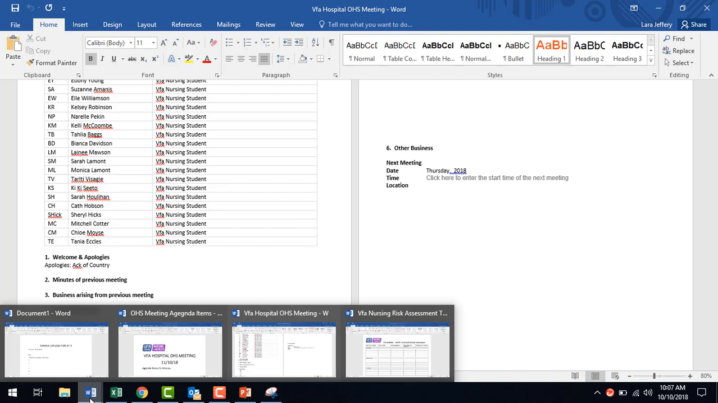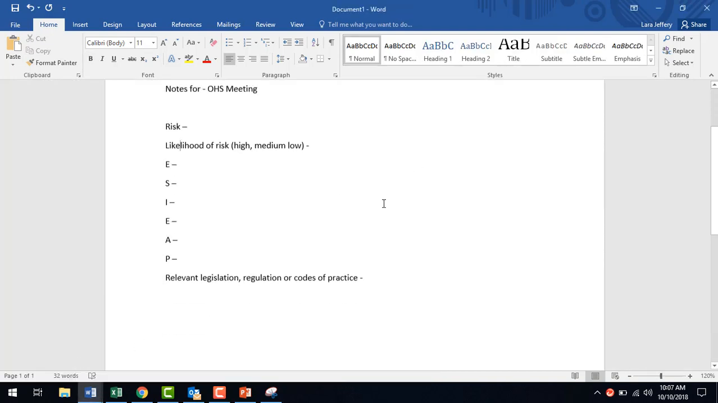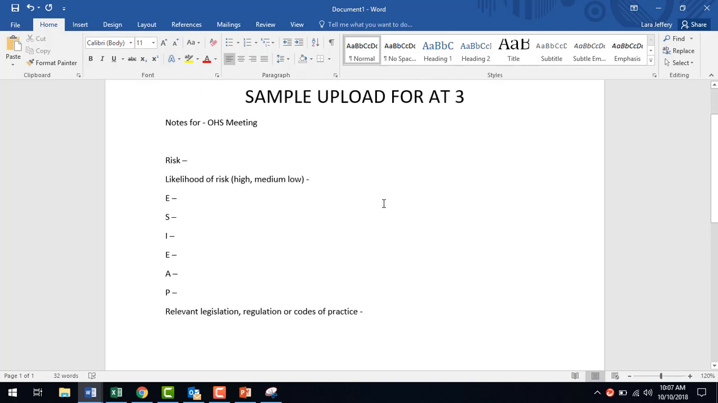From the risk assessment, you will come to the meeting with a risk that you're going to speak to, and as the EDU On Go assessment task states, you will be identifying the risk. So this is an example of what you might bring to class for your notes to speak to at the meeting. So you'll have your risk. You'll talk about whether it's a high, medium or low risk, like the likelihood of the risk, how you've used the